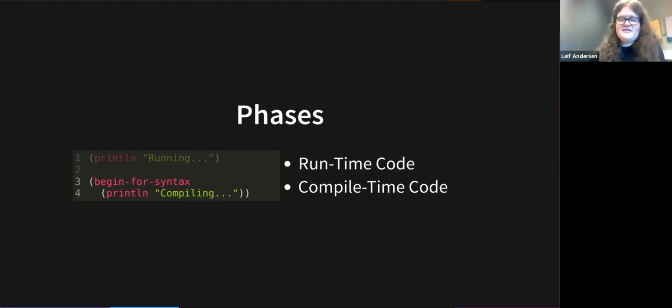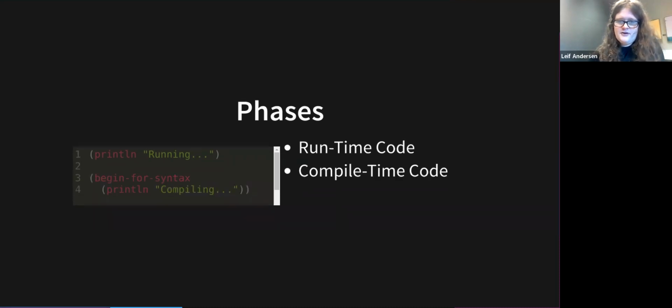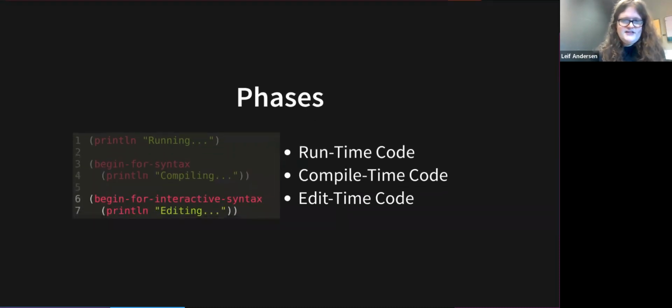What makes interactive syntax special is it introduces a third type of code, edit time code. This is code that runs as you edit your program. So if we had this program here opened up in a text editor that knew to run edit time code, it would just be printing out the word editing repeatedly as you're editing your code. Okay, so with that in mind,